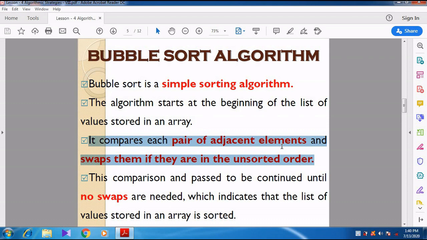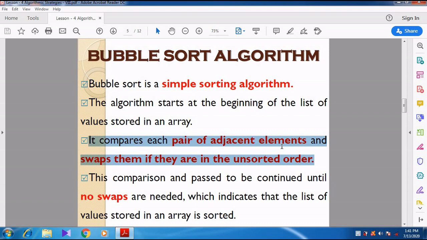For example, consider the first element as 3 and the second element as 1. Now you compare: 3 is greater than 1, so we want to exchange the position. The first element 3 goes to the second position, and 1, the second element, comes to the first position. We just change the positions alone.